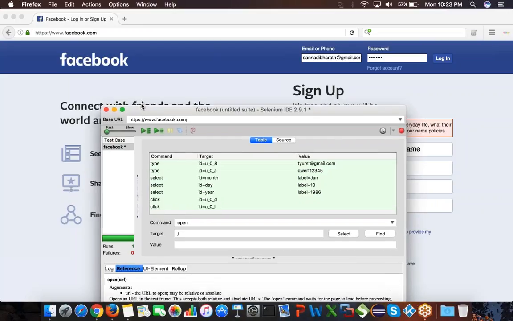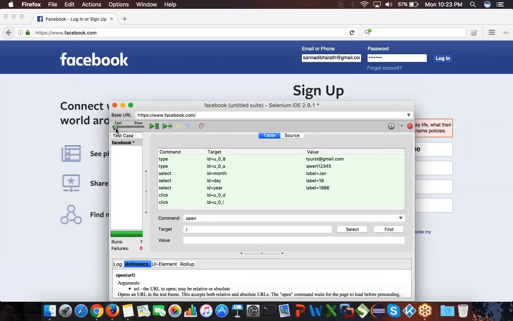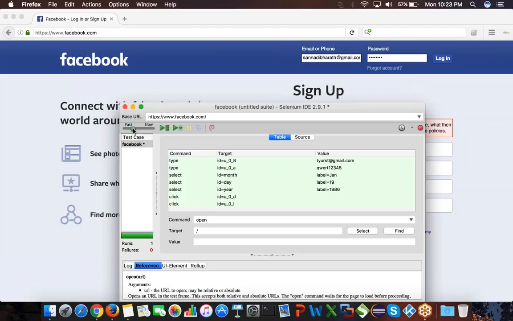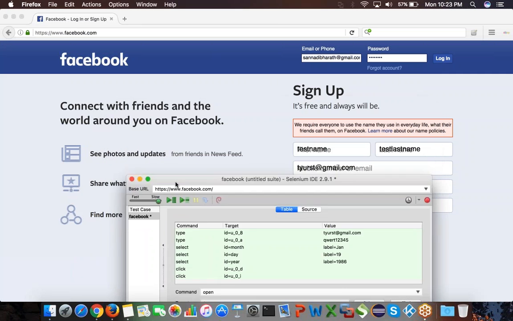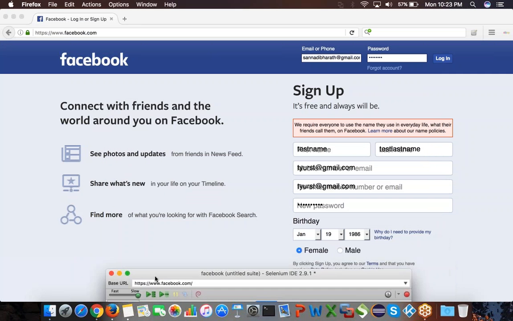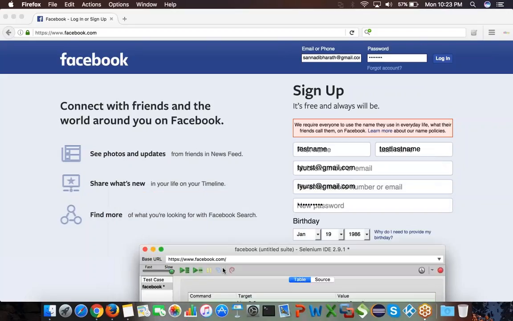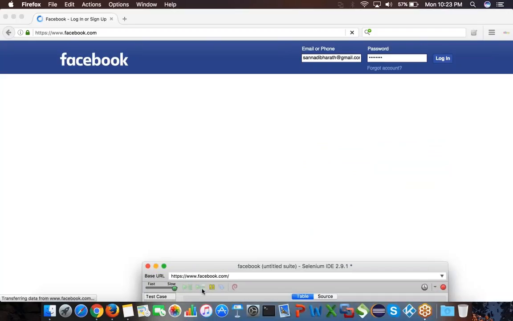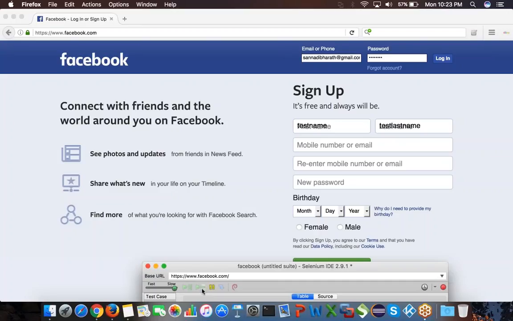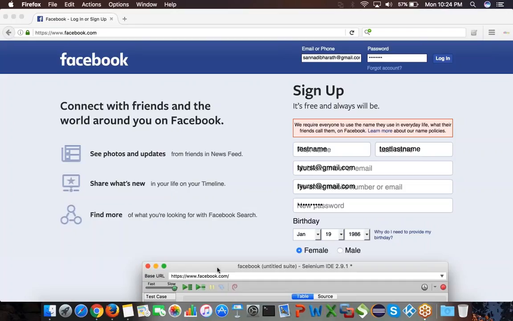So now if you see the buttons here, right, fast and slow. So this is the speed of the script, how it is running. So you can also run the script in a very slow fashion, because now if you see it's very fast. So now you can change it to slow and fast here. So if you just go and change it to slow and then move the script now and just click on run, so it is running again. But this time it's very slow, so it's just running very slow. So it is running 1986 female, and then it clicked on the button and we got the error message.